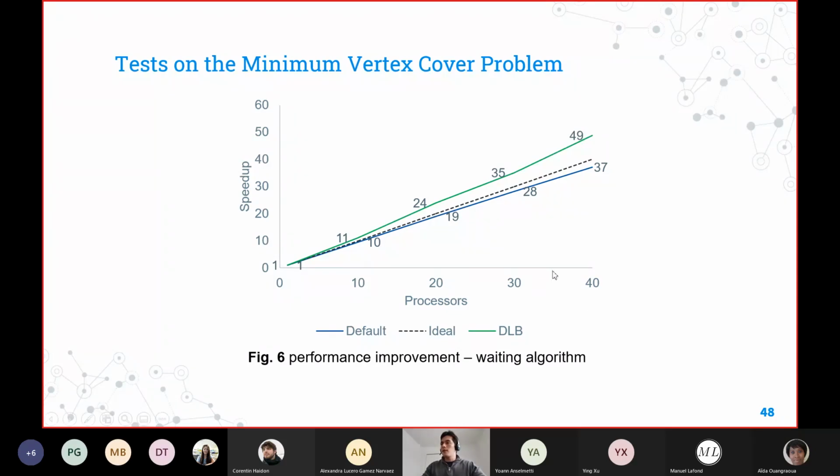By default, using just 40 cores as a reference, we get a speedup of 27 times faster. But after applying the dynamic load balancing strategy, remember that we reduced the idle time by more than 50%, we speed up to 49 times faster, even going above the ideal, which is commonly known as superlinear.